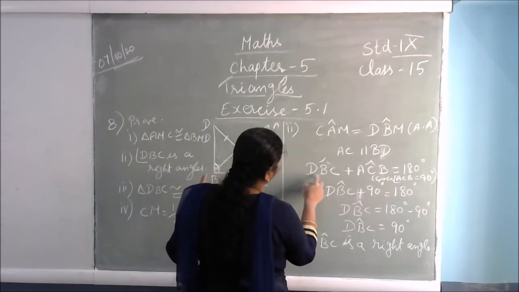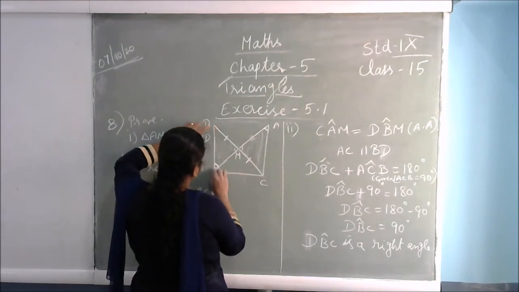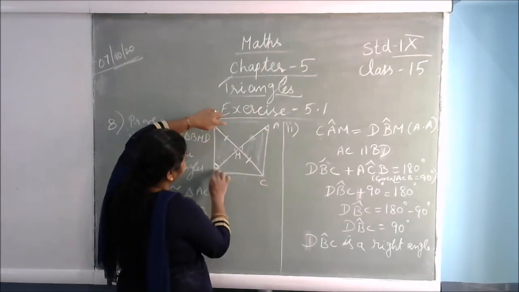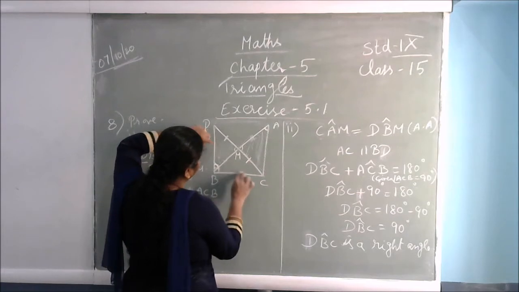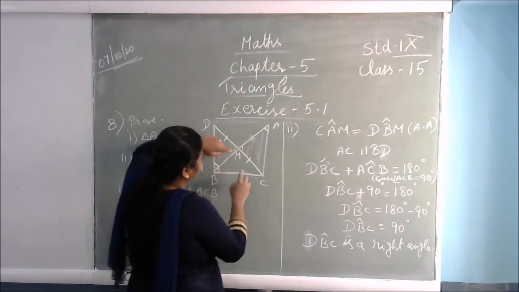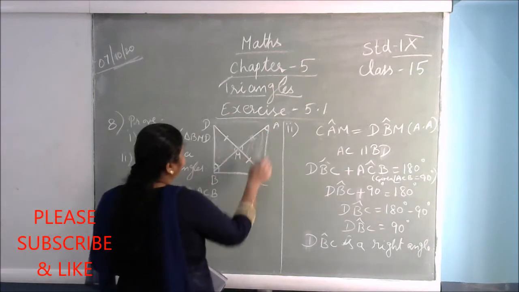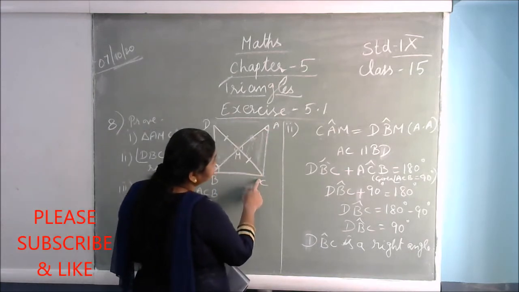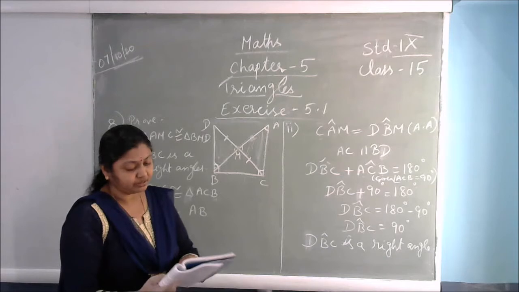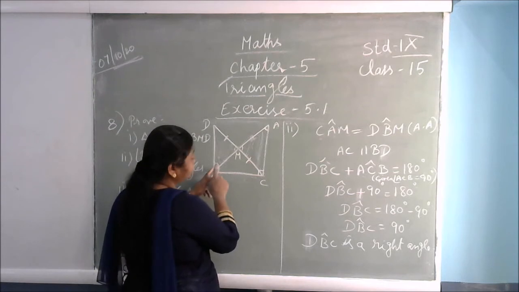Okay. Next one is DBC, this triangle, plus ACB, this triangle. In these two triangles, see here, this triangle and this triangle. In the question they have given: in a right angle triangle ABC, C is a right angle. That means this is the right angle, already given in the question. If you read the question, they have given it first only. So this is the right angle, and this angle is how much you have to prove.